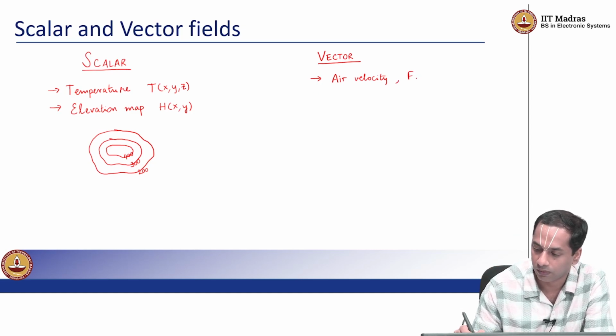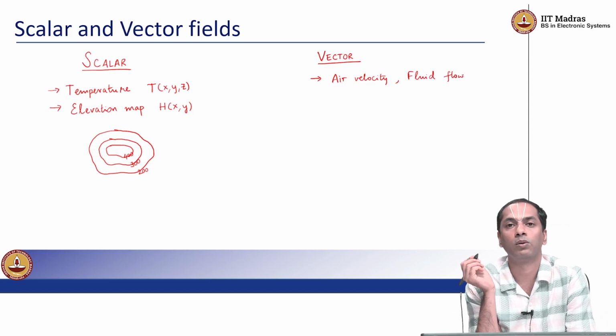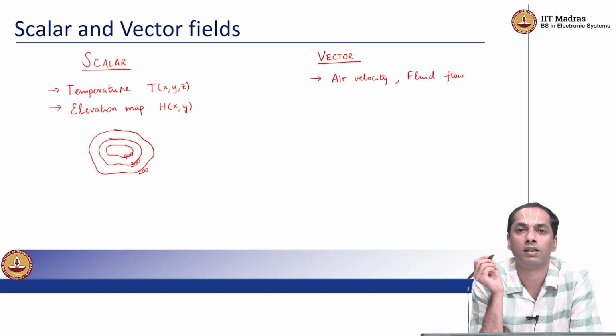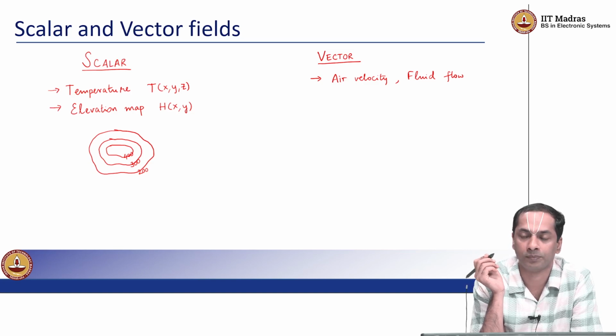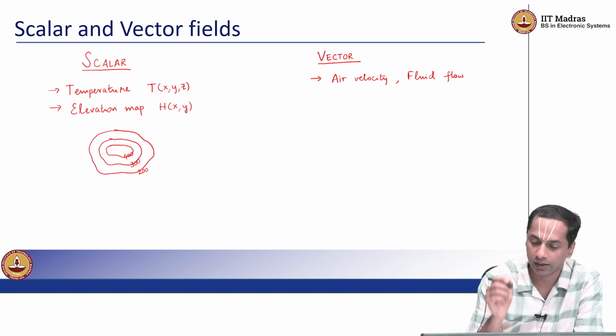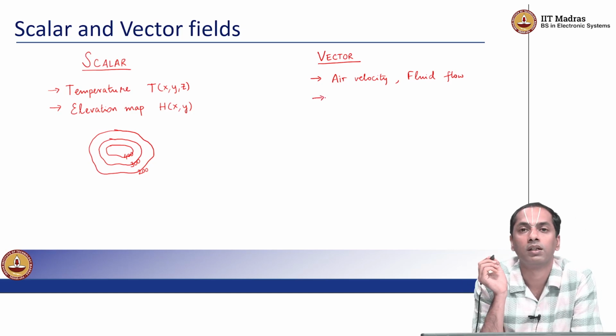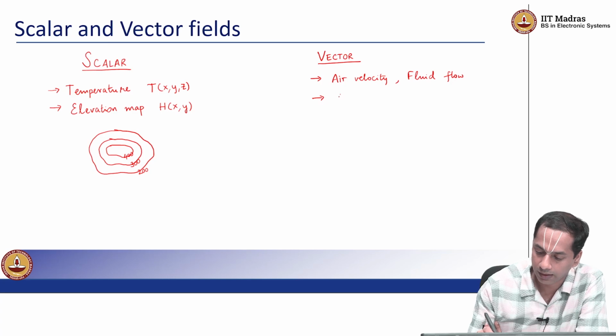One can also think of fluid flow, right. So airflow or fluid flow is a very common example cited for vector fields. Even in other lectures, you might find most people who take up the responsibility to introduce vector fields try to use fluid flow or air flow. This is very convenient in order to picture something in our minds, right? But I would like to caution you that in the case of electric and magnetic fields,